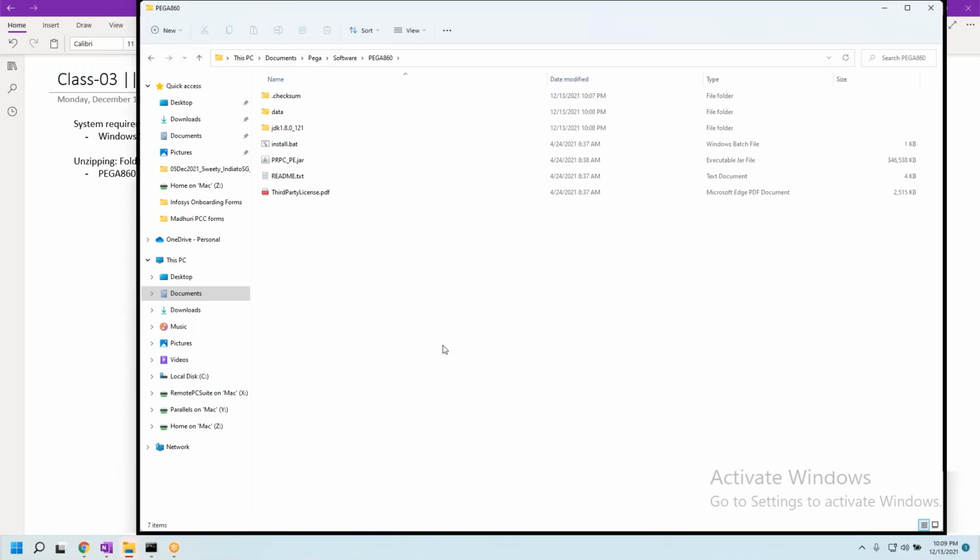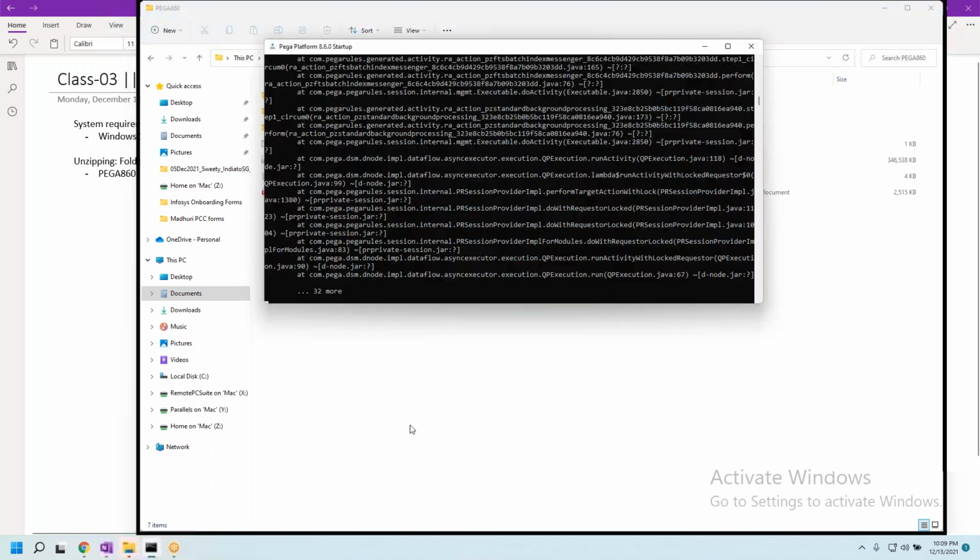After unzipping this, you have to use install.bat. When you do this, if you have a different Pega version which is already installed, ensure that it is completely shut down. I understand that some of you might have someone who knows Pega who has already shared the Pega software with you.